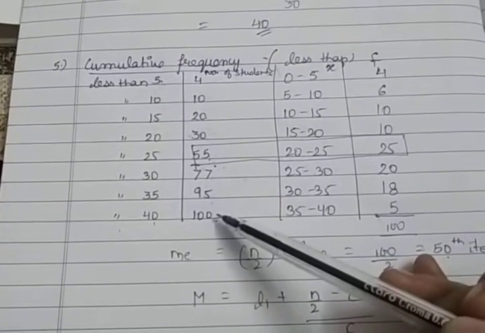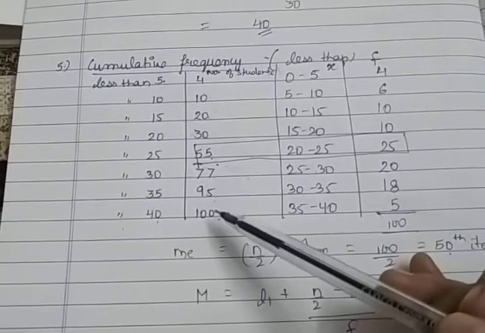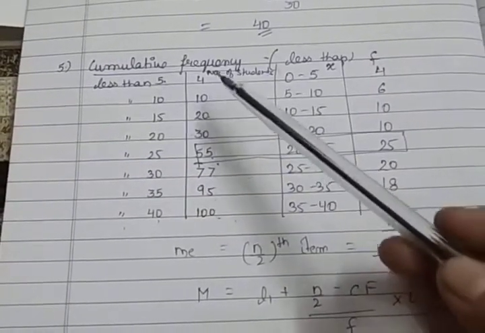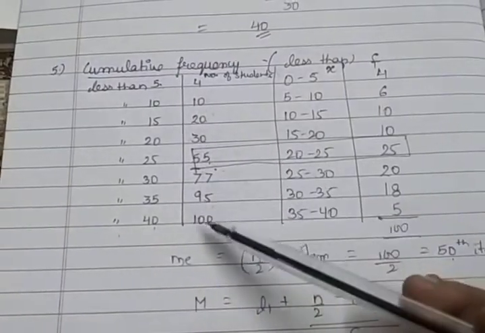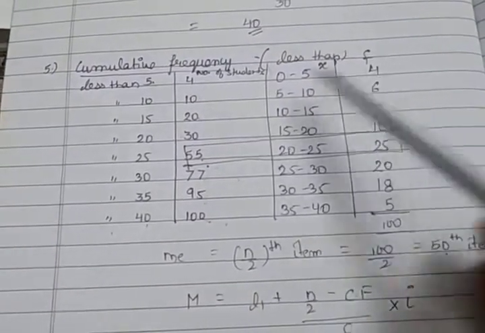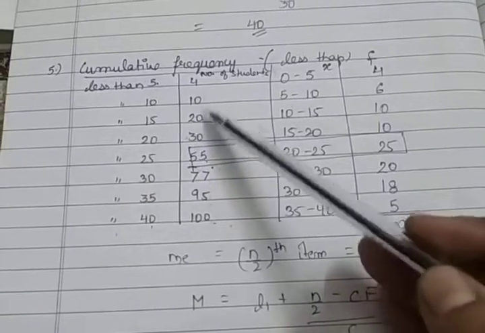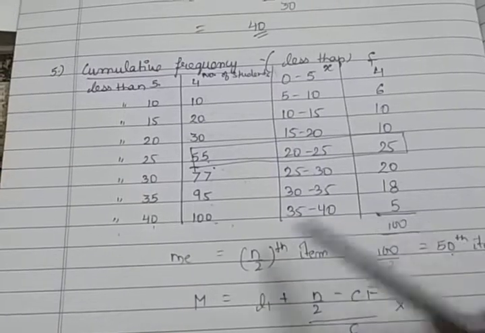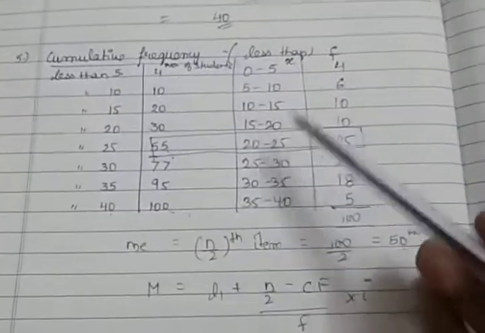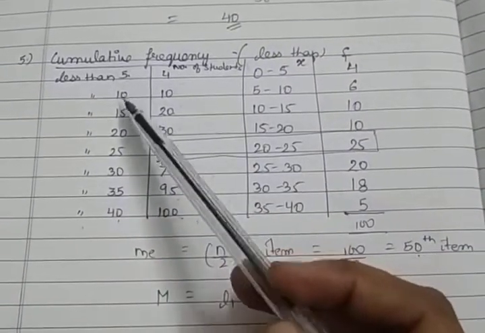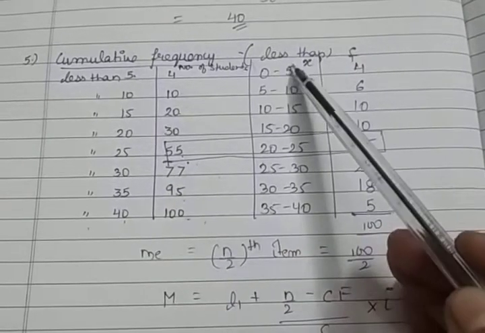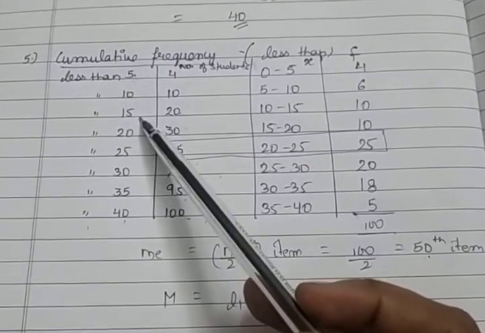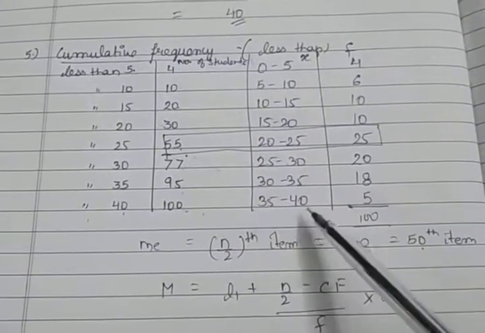So this is CF is given to you, but now you have to convert this CF into frequency. So in the less than case, we have to deduct the CF from top to the bottom. So 4 as it is, then 10 minus 4, 6, 20 minus 10, 10, 30 minus 20, 10. In this way we will get the frequency. Then class interval you have to make less than 5. Now because the gap is of 5 only there, so less than 5 that means 0 to 5, less than 10 that means 5 to 10, less than 15 means 10 to 15. In this way you have to make the class interval.